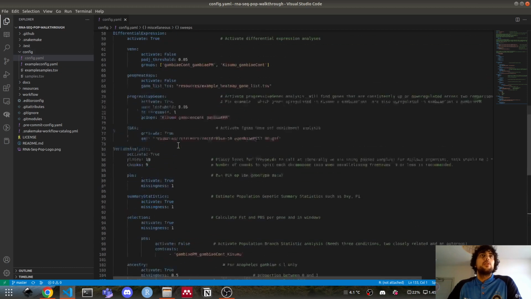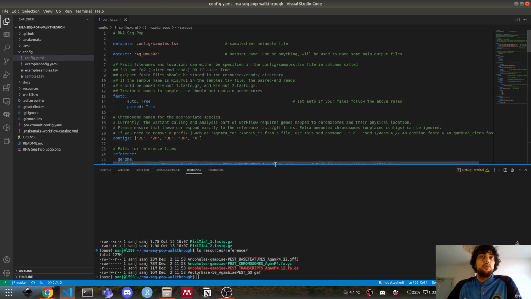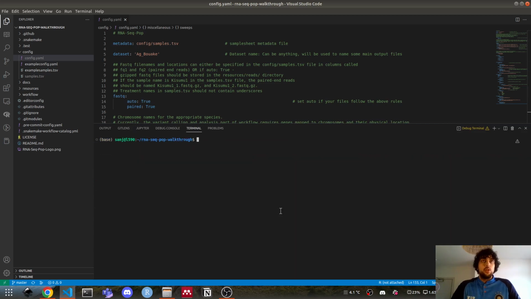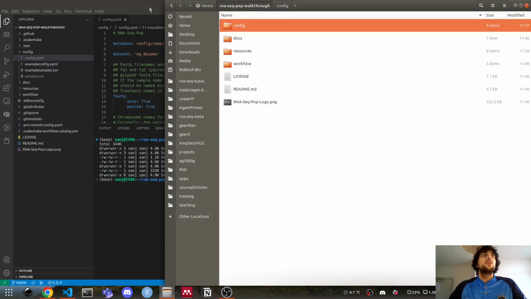Cool. So let's say that we've configured this as we want. I think for me it was configured correctly. We now want to try and see if we can run the workflow. So something I didn't mention is that currently, if we look in the folder,